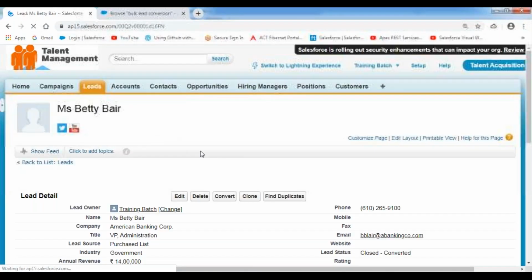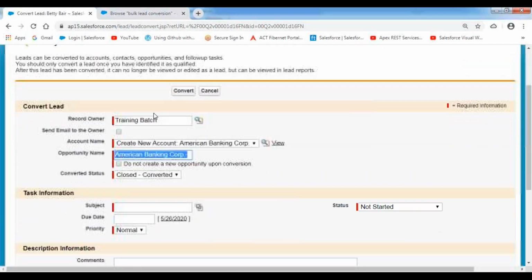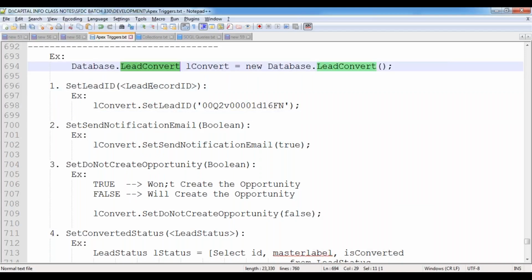So first of all, click on the convert button. We are collecting the lead record which we are going to convert, and then we are giving the required information over here, and then giving that option, then click on the convert button. In a similar way, collect the lead records information, place it inside the lead convert class, by specifying that